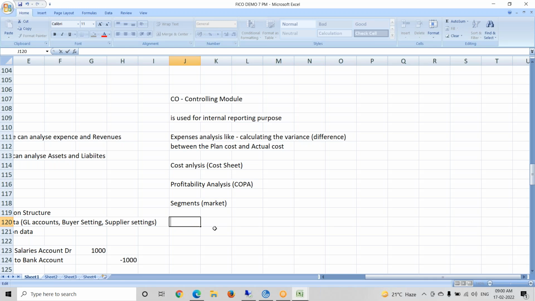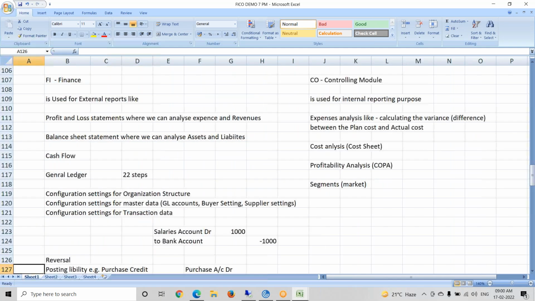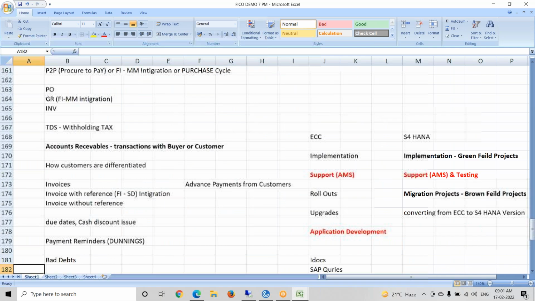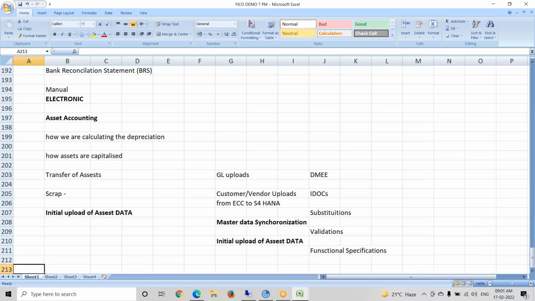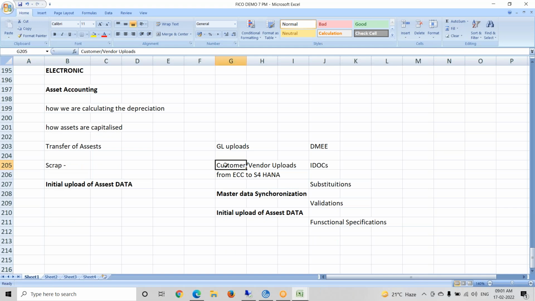Okay, fine. Like in ECC we used to call them customers and vendors. Okay, but in S4 HANA, the customers and vendors concept has been removed and we call them business partners. Okay. Of course, BP, business partner, is already there in ECC also, but we used to have this BP in different business cases like debit management, credit management, disputes management. In that scenario, or if you want to set any credit limit for our customers, we used to have BP.